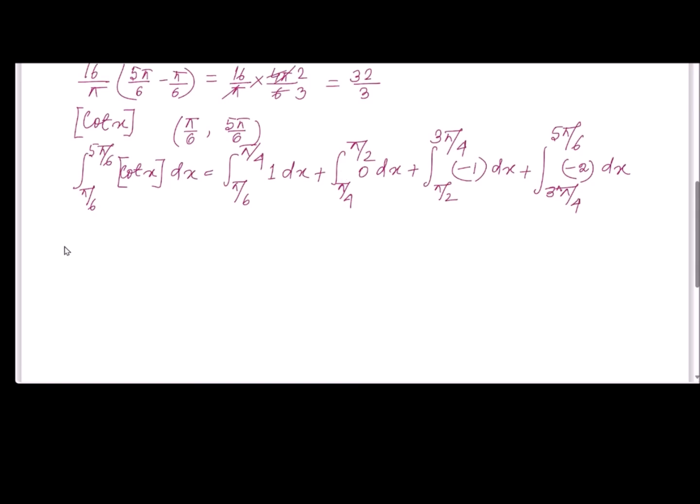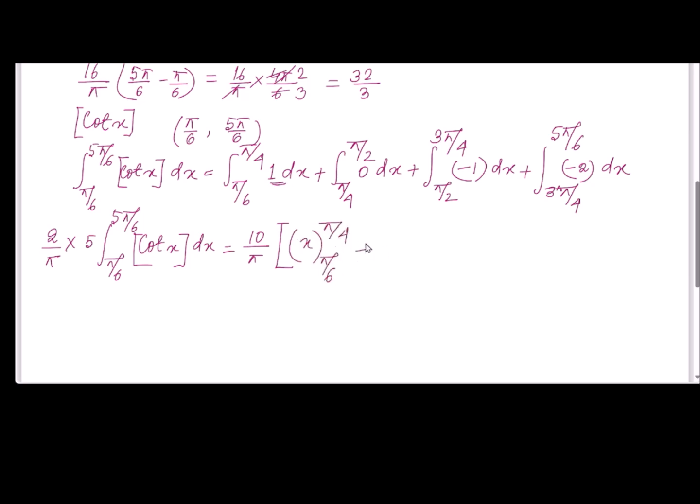Or I can write this one also, 2 over pi into 5 times pi by 6 to 5 pi by 6 cot x dx equal to 10 over pi whole into, now one integration is x from pi by 6 to pi by 4 plus 0, I am not taking anything, then minus x pi by 2 to 3 pi by 4, then minus 2 times of x here 3 pi by 4 to 5 pi by 6, and whole thing